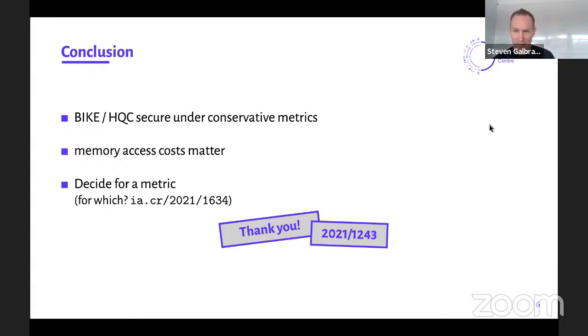Dan Bernstein has put a comment in the Zulip saying that he always explicitly stated the memory access costs. I don't know if Dan, you want to speak at all, or you're happy with your comment? I don't know if they have a technological obstruction to speaking. That's all right. Anyone else want to? Oh, hang on. No audio at the moment. Okay. We've achieved the impossible. We've silenced Dan Bernstein, so that's great. Sorry, Dan. No, I love you, really.